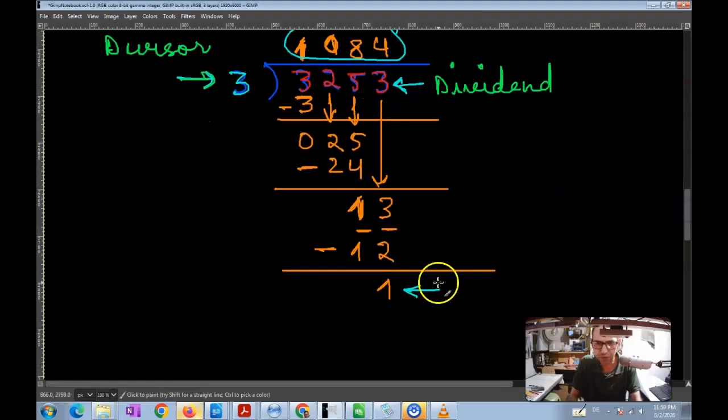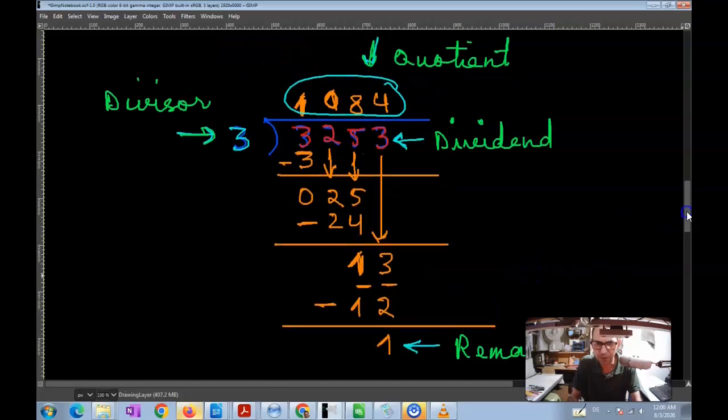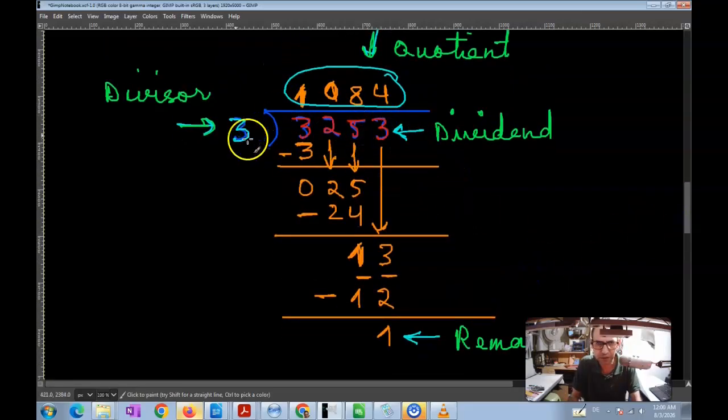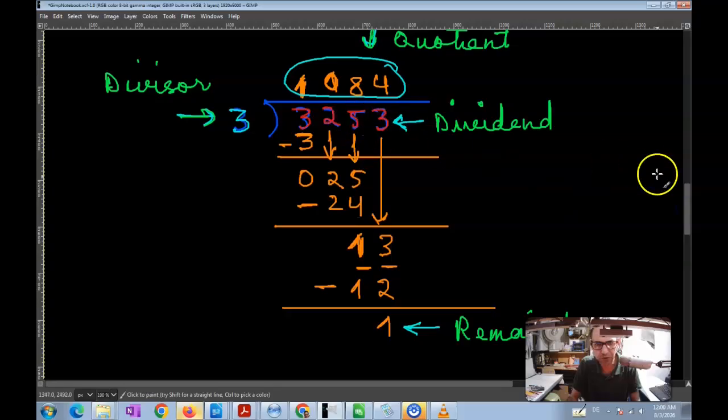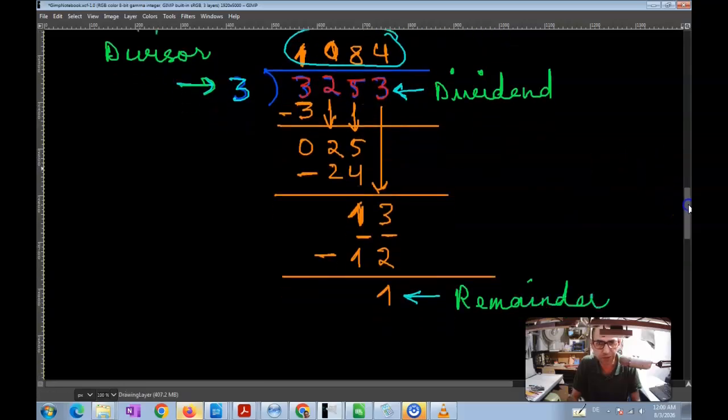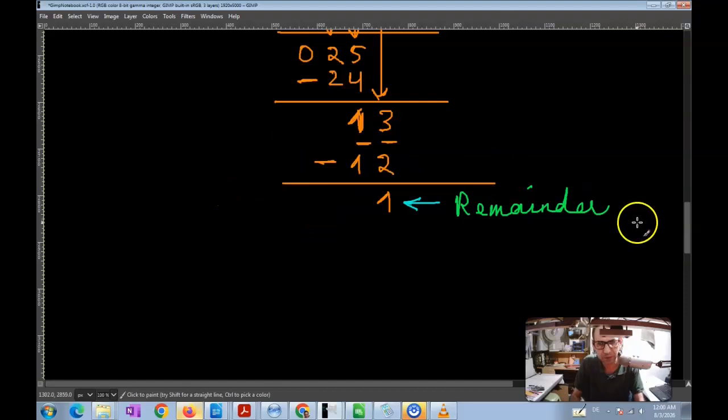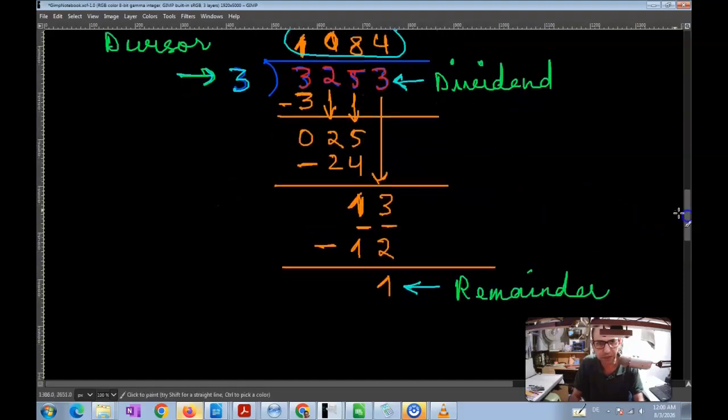And this number over here is called the remainder. So we have the dividend, we have the divisor, we have the quotient, and we have the remainder. Again, this operation you can also write in many different forms, meaning that essentially the numbers that we had,